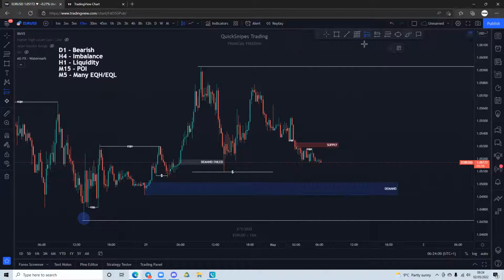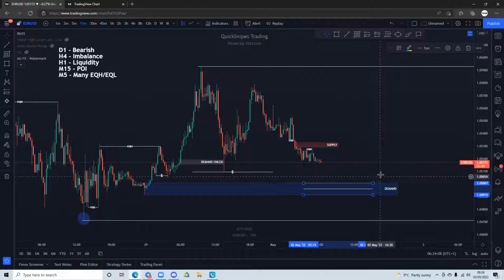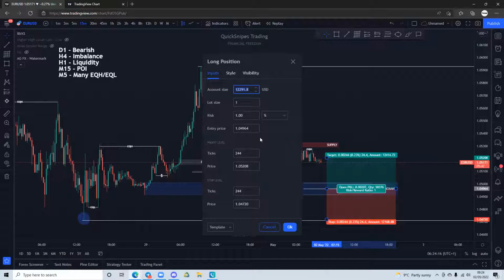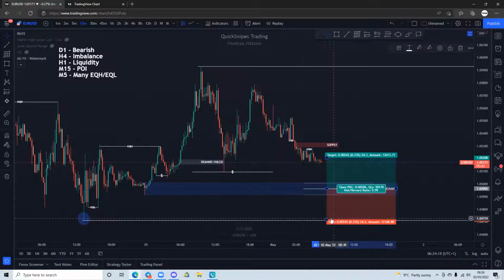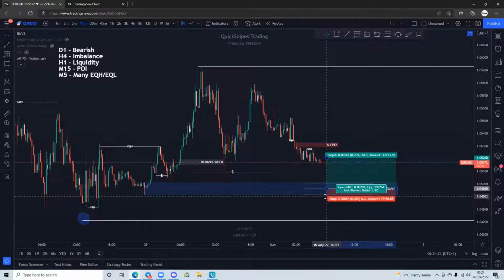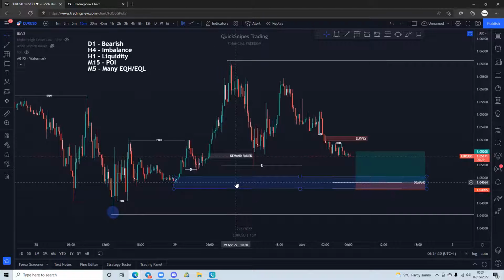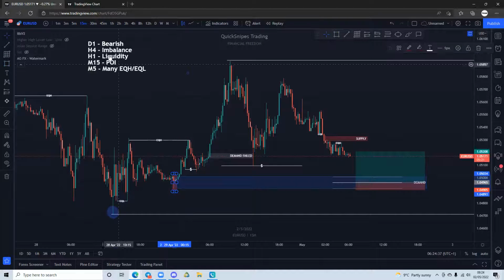However, I will be using the 50% entry level on the 15 minute because anything 15 minute and above, I always like to enter off of half the zone due to the fact that it's such a wide zone, so your risk to reward won't be great if you enter off of the top of the zone, and on a 15 minute, chances of the middle of the zone being hit are very high. So if we look back on 50% of that, you can see it aligns with around these two candles. And if I zoom in on these two candles,